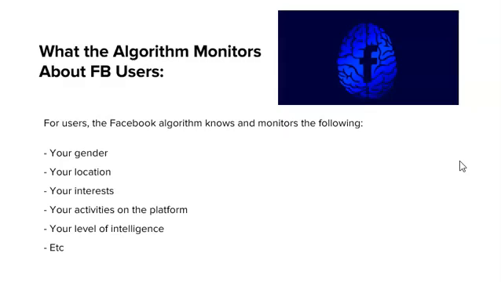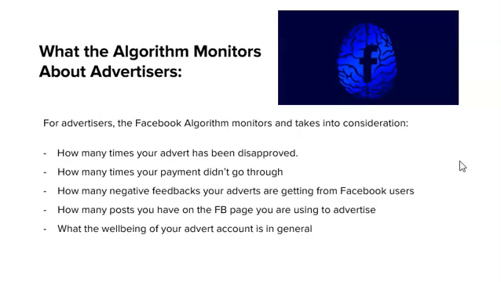This data of users and many more is what Facebook sells to advertisers to help us target our products to people who are most likely to respond to them. And when the advertiser gets great results, he pays Facebook very well, and the Facebook company also makes money. As an advertiser too, the algorithm is also monitoring everything you are doing, and it takes these things into consideration to determine if you should keep advertising on Facebook or not.